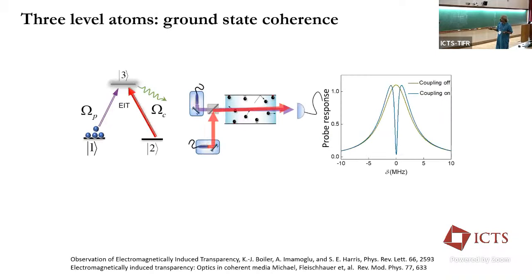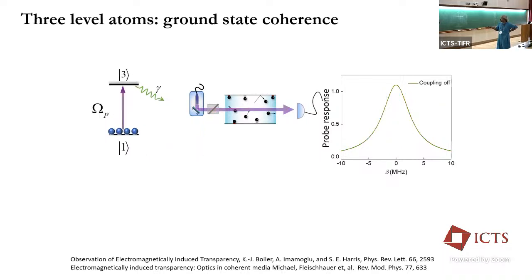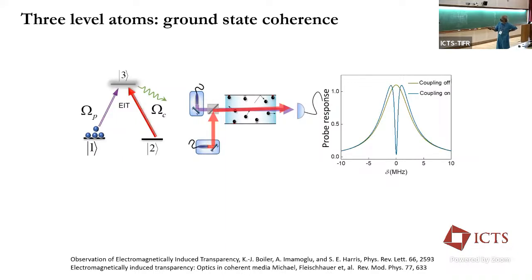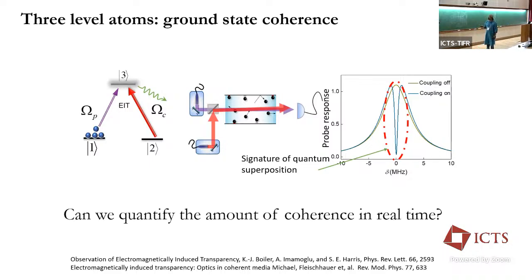So how the data looks like: exactly what I was saying, as a spectroscopist, you will see an absorption peak when you are seeing a 2-level system. But now when you do this clever trick, you send in a strong beam, you will suddenly see this probe going fully transparent, because this dark state is where the atoms are getting shelved into. Right, so if you get it nicely to 0, this is really a signature of the fact that you have created a quantum superposition, a qubit in the lab.